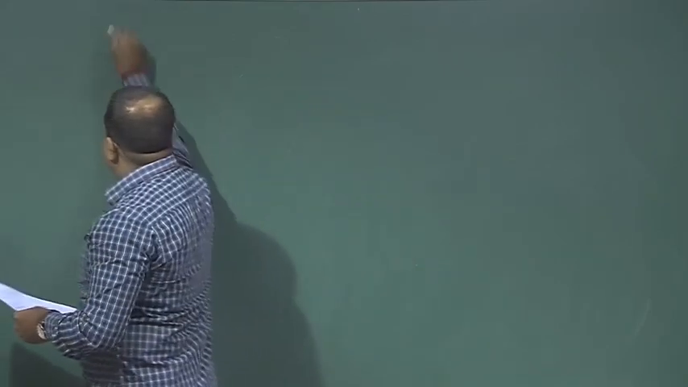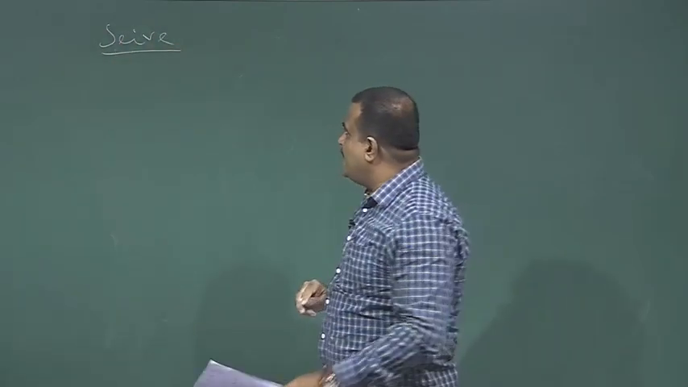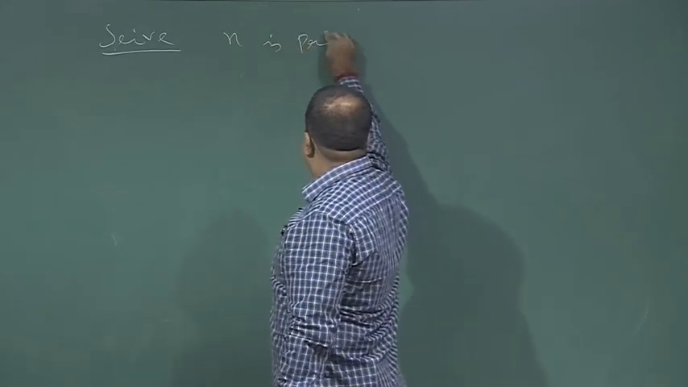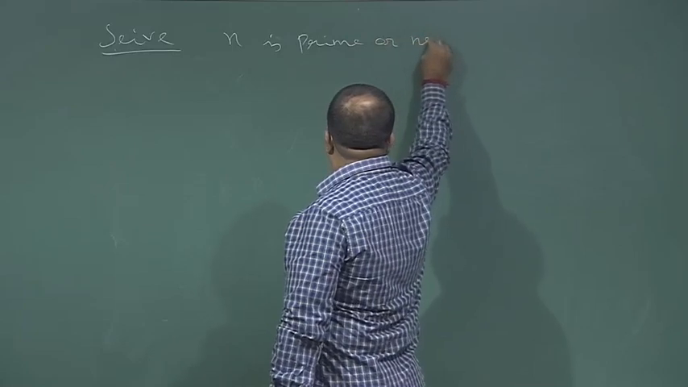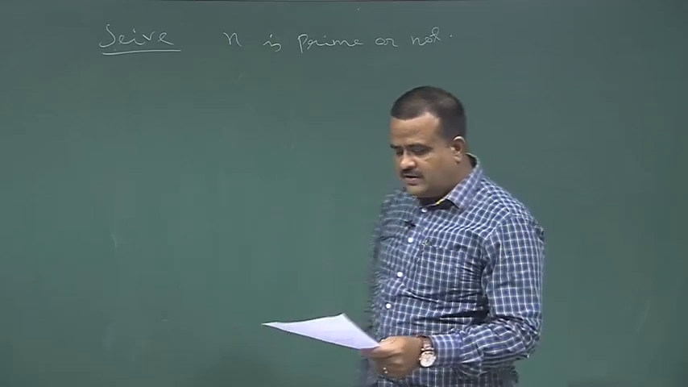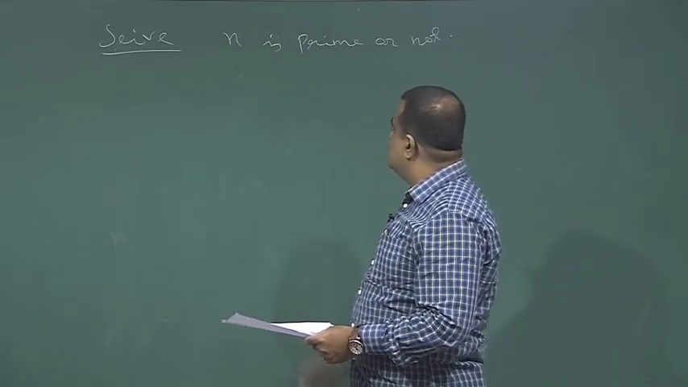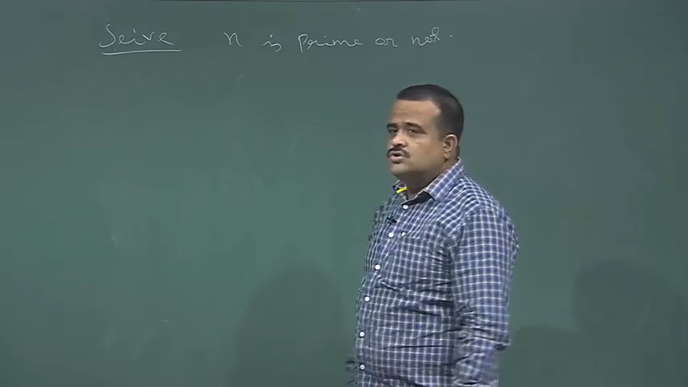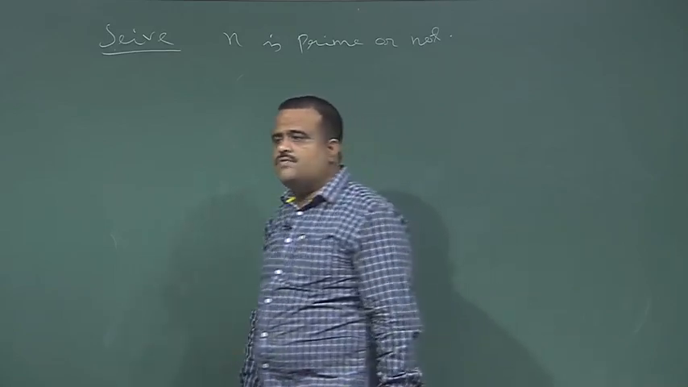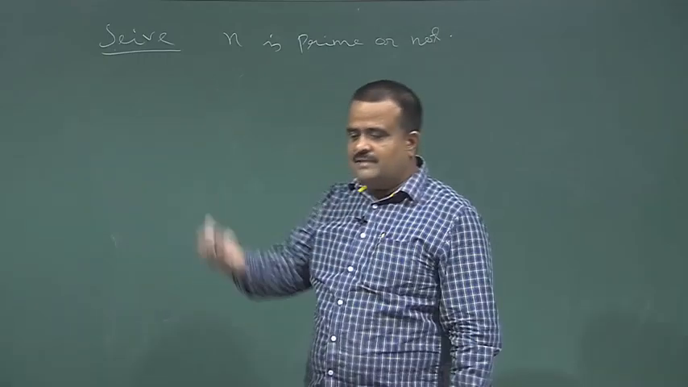Okay, this is the sieve approach. The idea is that we want to test whether n is prime or not. This is the Sieve of Eratosthenes. We consider all the numbers from 0 to n and then we remove all the composite numbers, and then slowly the remaining numbers are basically